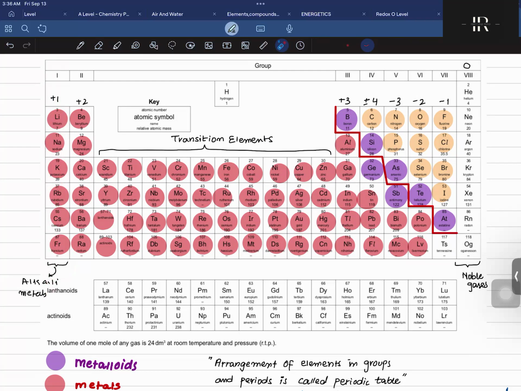If I ask why, you can say that they all have only one valence electron. Am I right? Yes, they all have one valence electron. Remember,